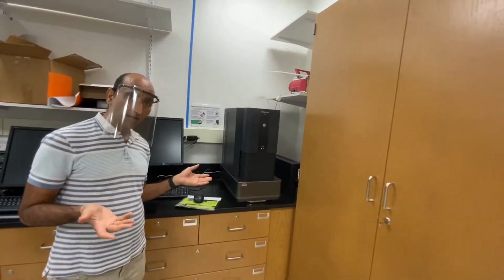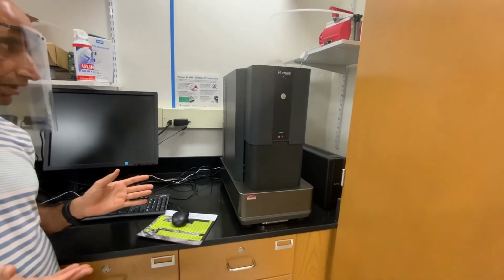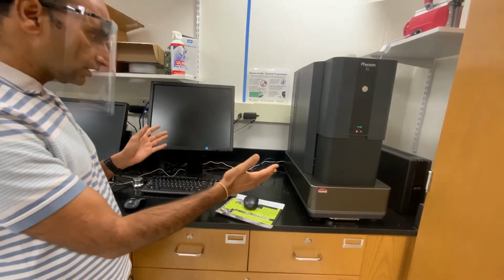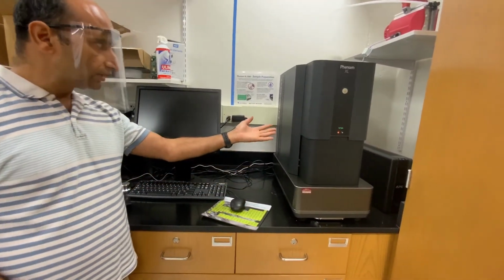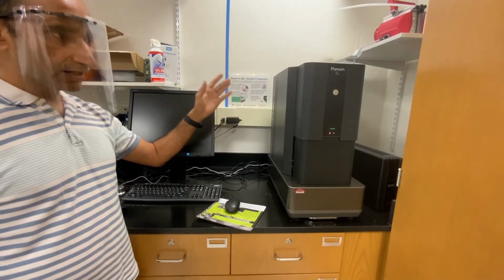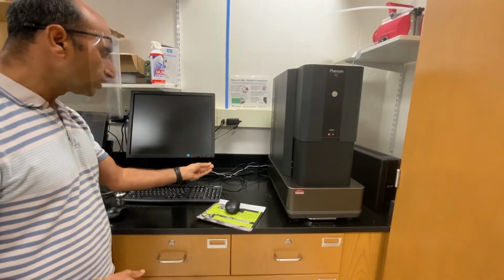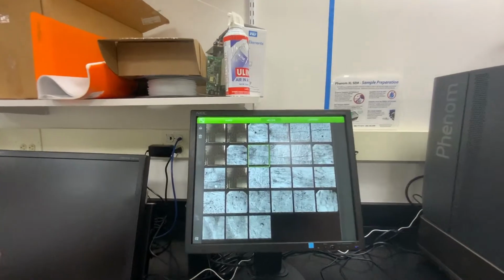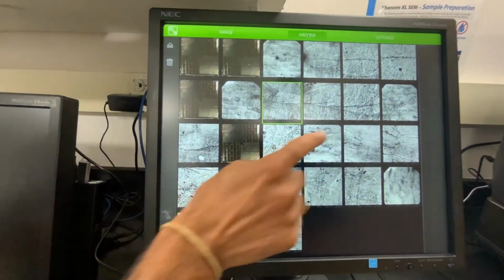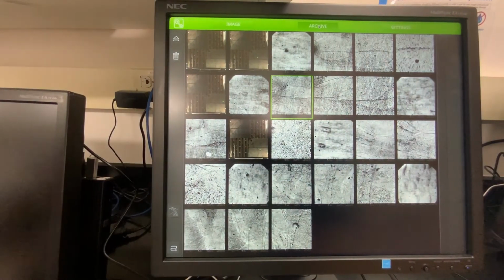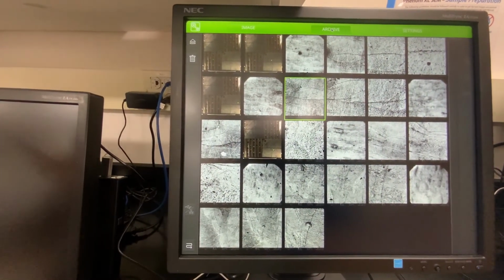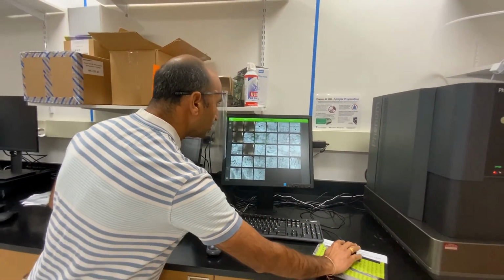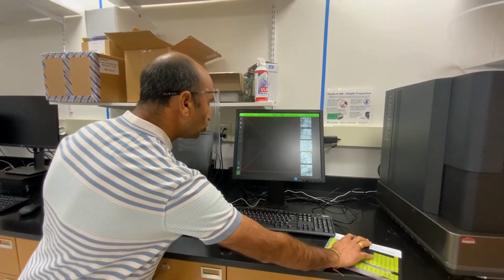The scanning electron microscope is one of the key pieces of equipment in micro and nano fabrication, and it is fundamental to most of engineering. So our students have the flexibility and ability to work with this Phenom microscope. It can measure properties up to 100,000x. You can see there are a lot of images on this. These are captured by our students. For example, this image is of metal 3D printed parts. We have an EOS metal 3D printer. Our students print those samples, bring them here, test the properties, and do a lot of characterization here.